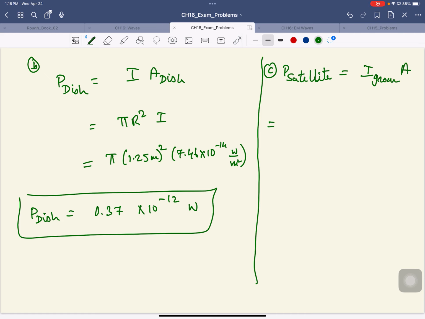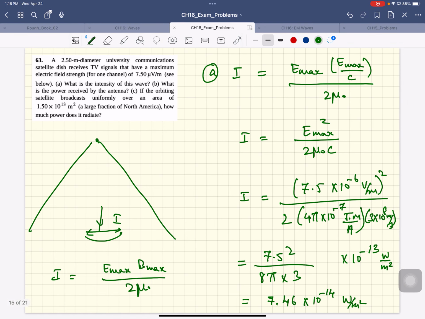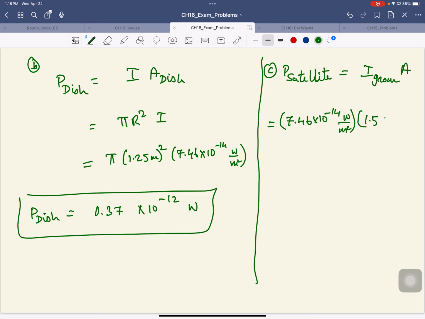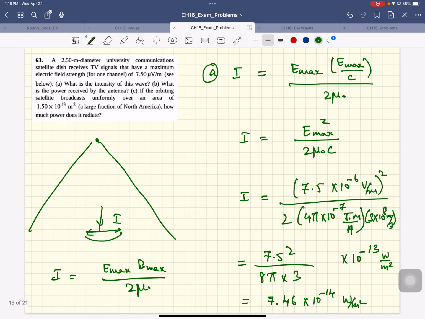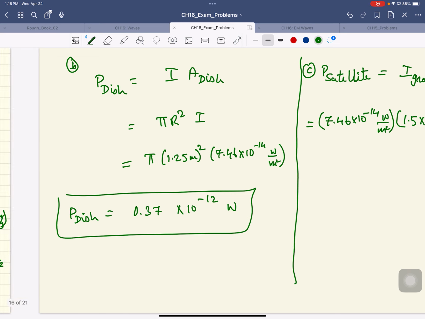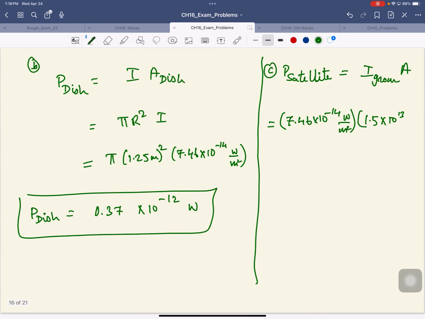The intensity at ground level was 7.46 × 10^-14 watts per meter squared, and the area, the coverage of the area, was 1.5 × 10^13 meters squared. So the power radiated by the satellite